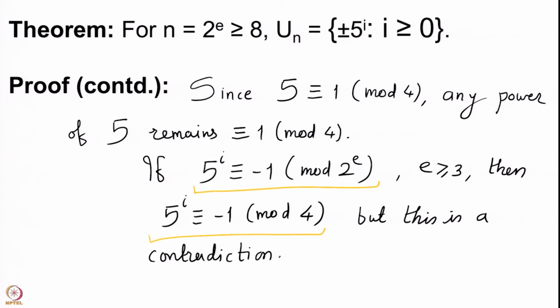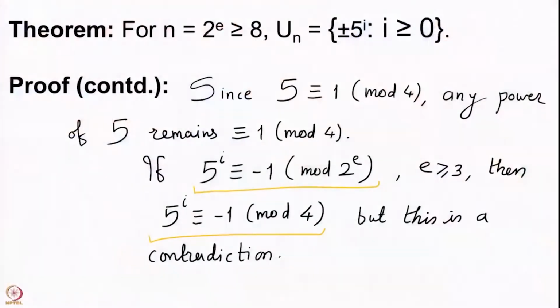So, this statement does two things in one go. It tells you that no power of 5 can be minus 1. This is what we wanted to show when we wanted to show that the elements in the C n by 4, the elements in the group generated by 5 has nothing in common with the subgroup of order 2, 1 and minus 1. That is one thing which is proved by this.